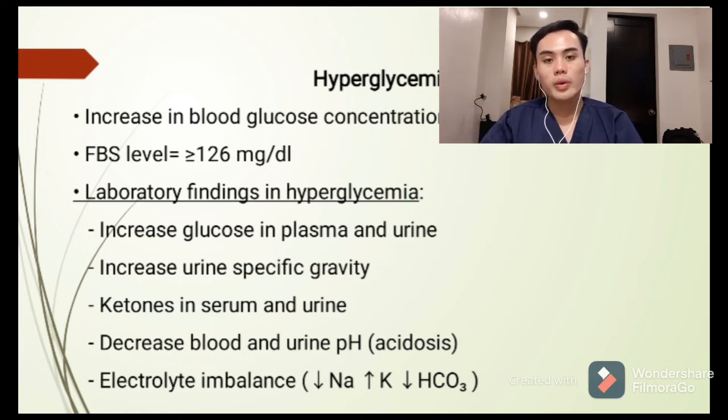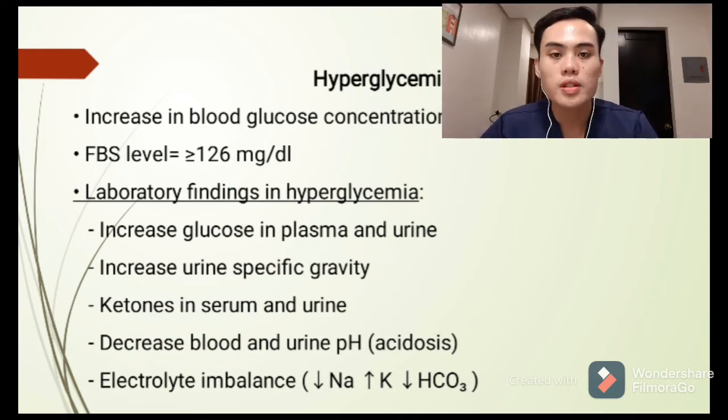As I've said a while ago, it is an increase in blood glucose concentration with a fasting blood sugar level of at least 126 mg per dl. So the following are the lab findings in hyperglycemia. Increased glucose in plasma and urine, increased urine-specific gravity because of the solute, ketones, presence of ketones in serum